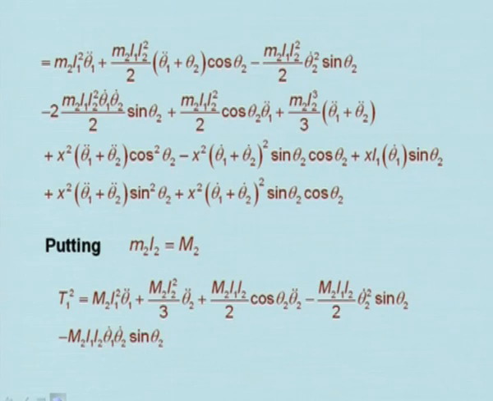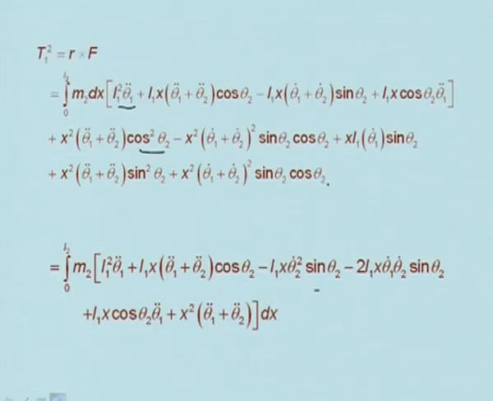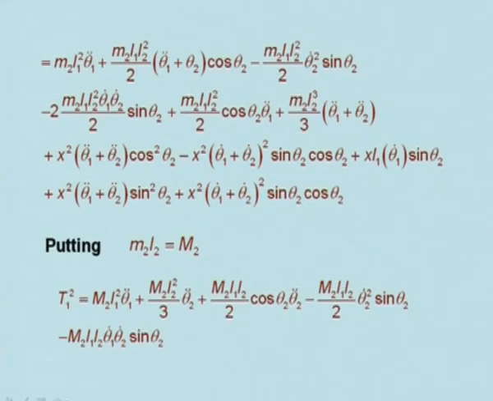Now, if we do the integration from 0 to L2 over the particles, we get this expression: M2 L1 square theta 1 dot plus M2 L1 L2 square by 2 (theta 1 dot plus theta 2 dot) cos theta 2 minus M2 L1 L2 square by 2 theta 2 dot square sin theta 2 minus 2 M2 L1 L2 square theta 1 dot theta 2 by 2 sin theta 2